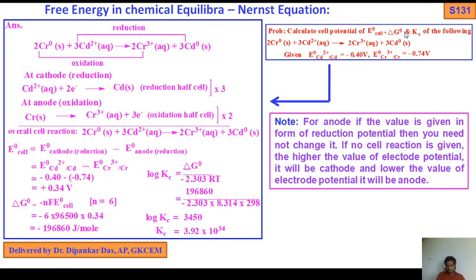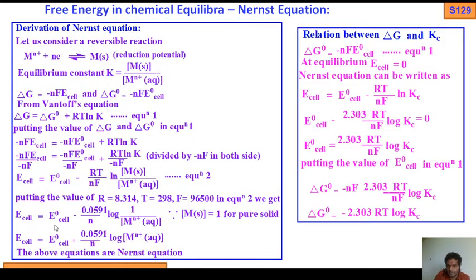Okay, remaining the Kc. We have already established the relation between free energy and equilibrium constant. We have the relation: log Kc equals minus ΔG° by 2.303 RT. ΔG° equals minus 2.303 RT log K. If you write ΔG° equals minus RT ln K, then you don't need 2.303. If you write log, then you write 2.303 RT. Okay, so that is the relation. So ΔG° equals minus 2.303 RT log Kc. Okay.